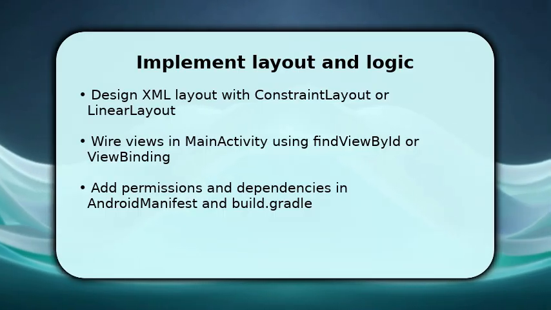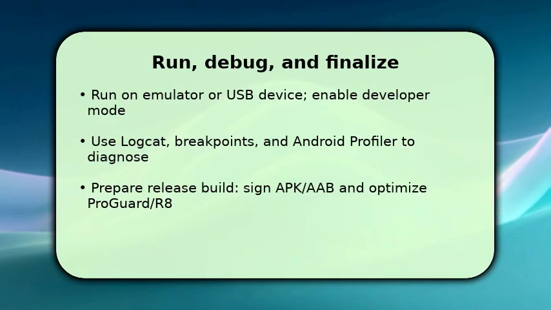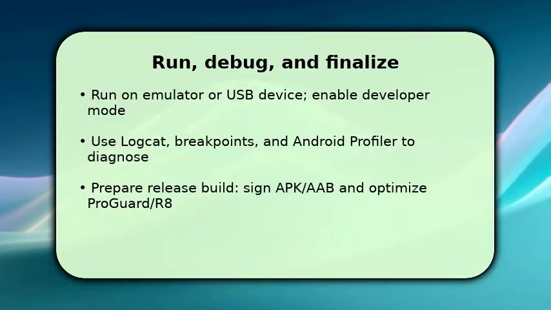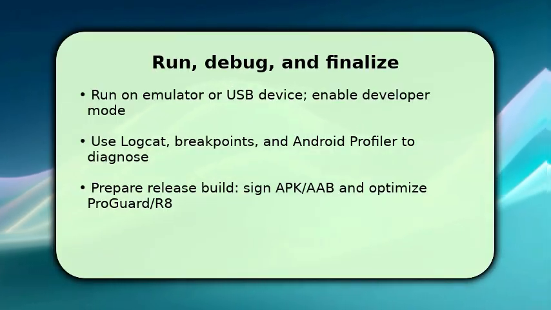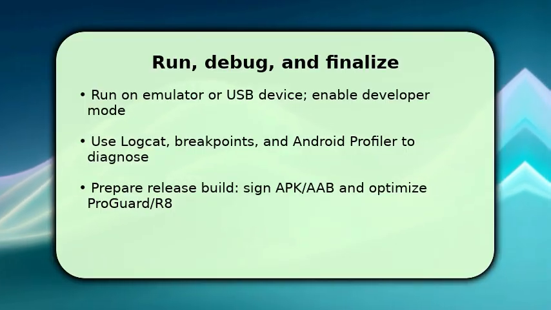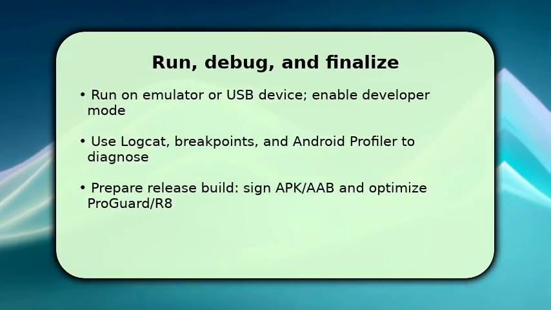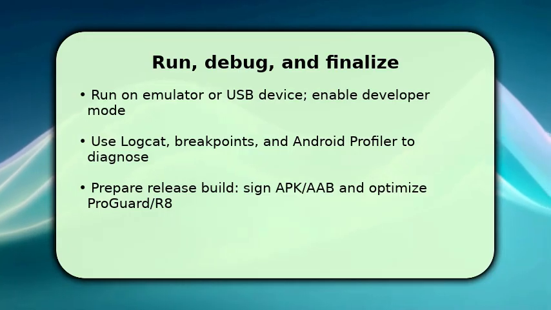You finish by running and validating the app on an emulator or a physical device. Enable developer options and USB debugging on the device first. Use Logcat and breakpoints to trace runtime behavior and Android Profiler to inspect memory and CPU hotspots so you can